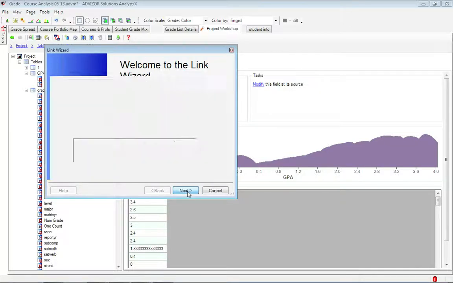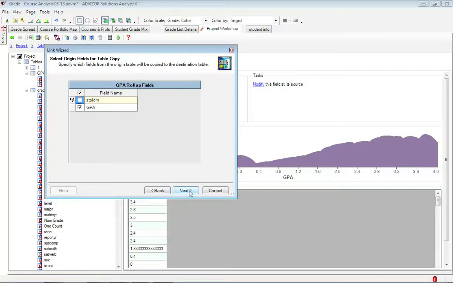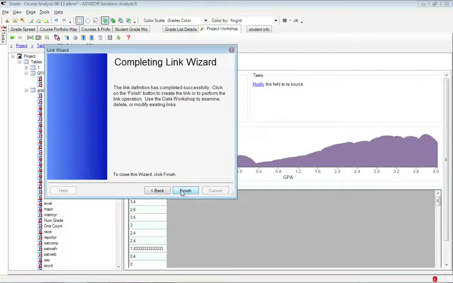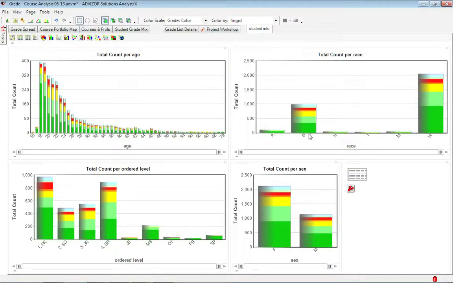So again, I'm going to create a new link, and in here I'm going to select a table copy. I am going to select the GPA roll-up, and the origin key is going to be the ID. I'm going to copy that to the student data. And I'm going to bring over the GPA. So now, finally,